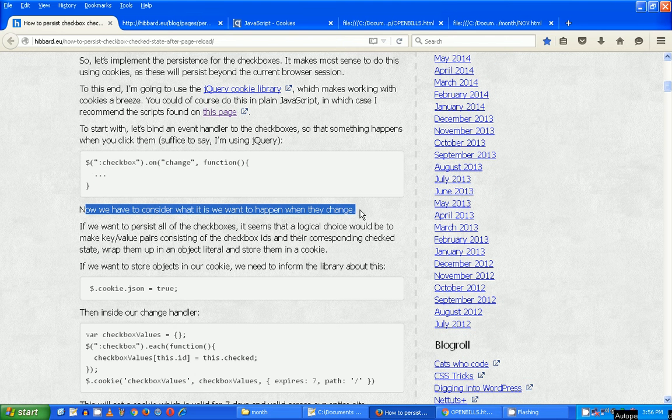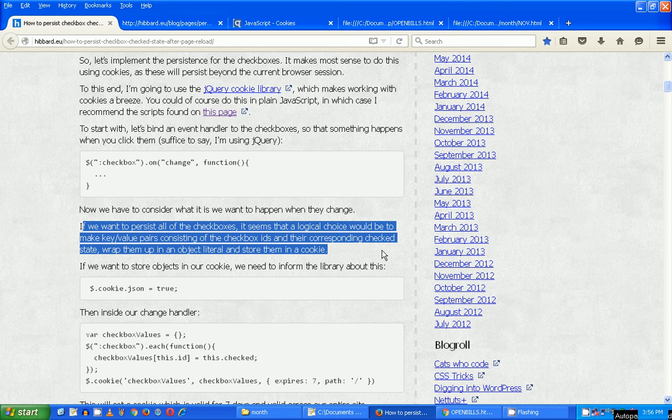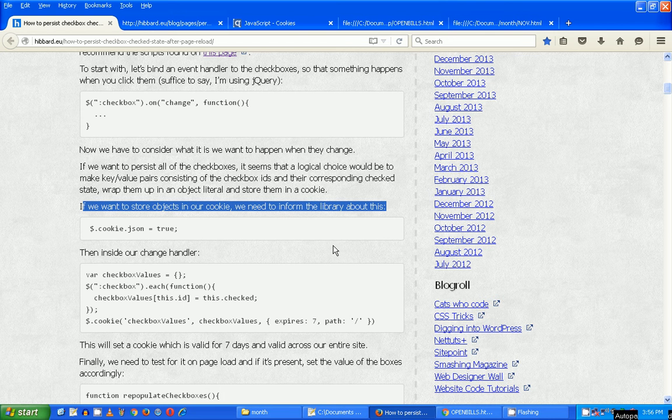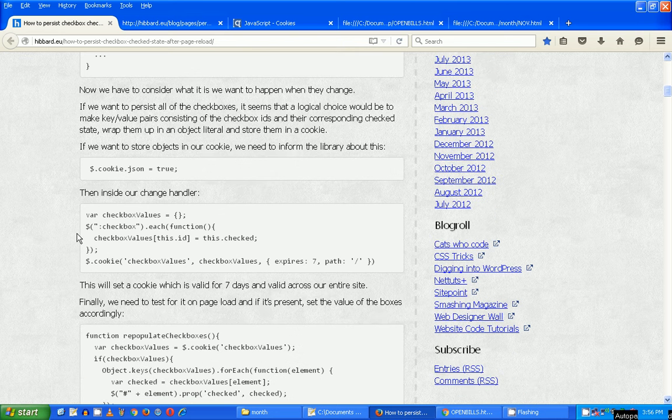Now we have to consider what it is we want to happen when they change. If we want to persist all of the checkboxes, it seems that the logical choice would be to make key value pairs consisting of the checkbox IDs and their corresponding checked state, wrap them up in an object literal, and store them in a cookie. If we want to store objects in our cookie, we need to inform the library about this. And to do that, we have $.cookie.json = true. Then inside our change handler, we have var checkboxValues = {};